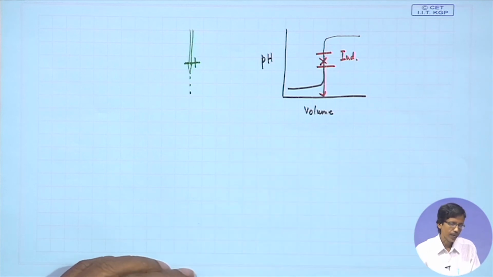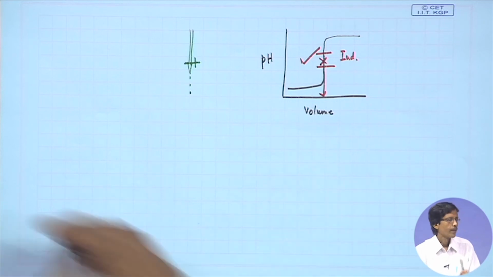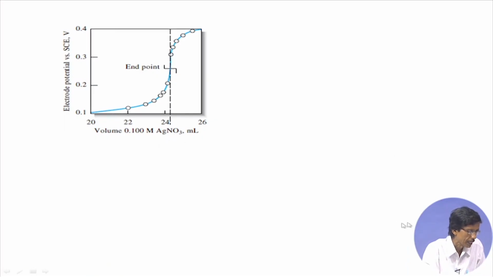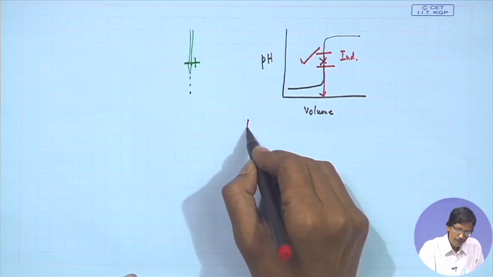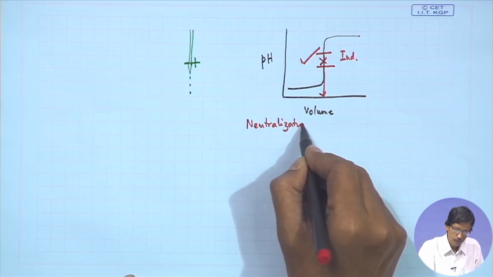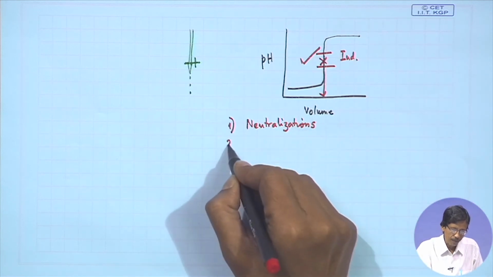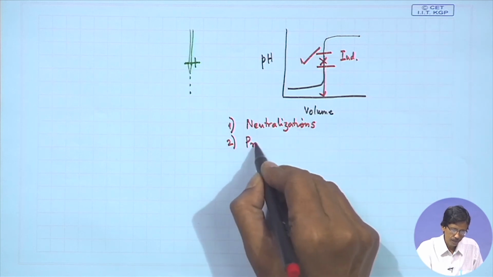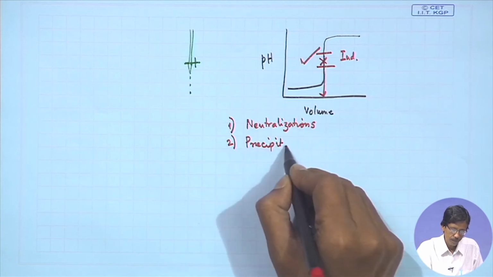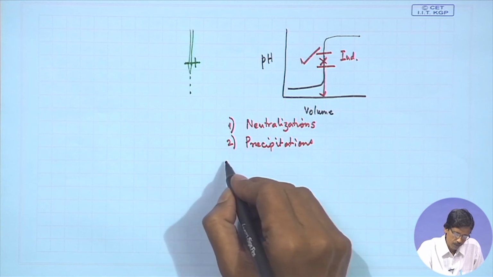So, it can be silver nitrate and all these things, and we will try to detect this point as the corresponding one. If it is a precipitation titration, the plot is also the same. So, the resemblance of the plot is the same as for neutralizations. That means the neutralization reactions, then we can have the precipitation reactions, as we see here, the plot with the precipitation of silver nitrate.